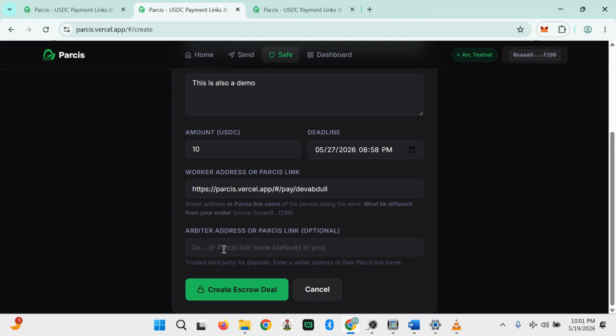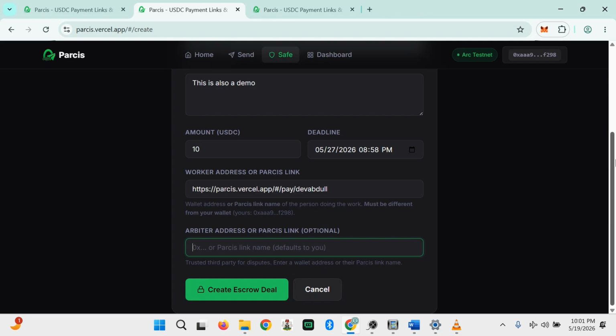So he will be the judge between you people, and he also can put his Parcis payment link or address so that he has some decision to make between the two. So neither client nor worker can cheat, because there is a judge between them. There is someone who has been trusted.